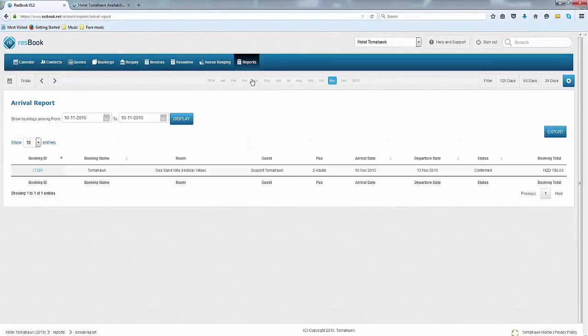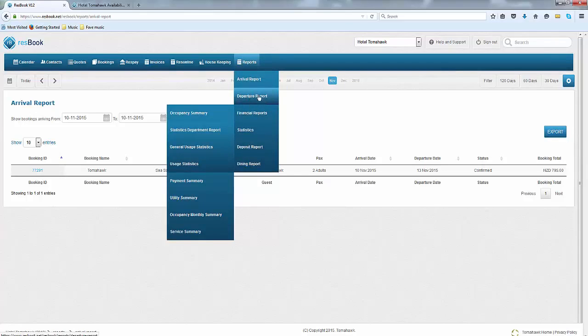Now in the report section, you've got your arrival and departure reports. You can select that and choose when you want to display the bookings that will be arriving within this date period, and you can also export these details. The same thing goes for the departure reports. Now when you come down to the financial reports, you will be able to view all of these in greater detail. So if you have a look at this in your own time,